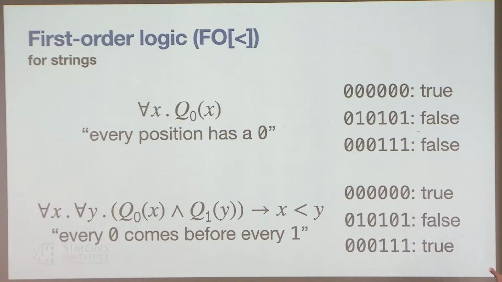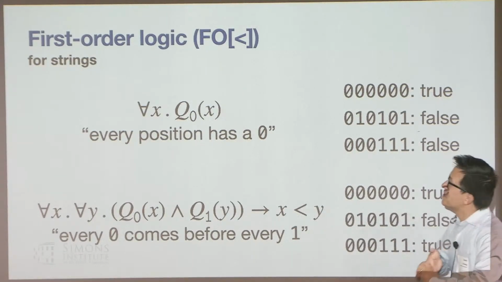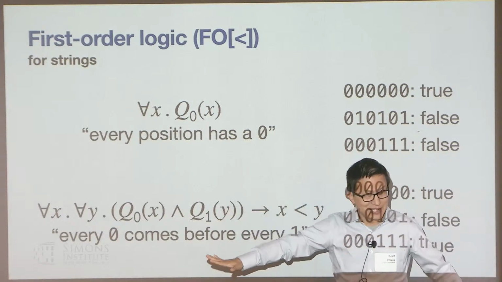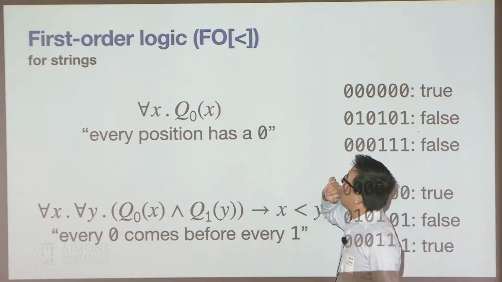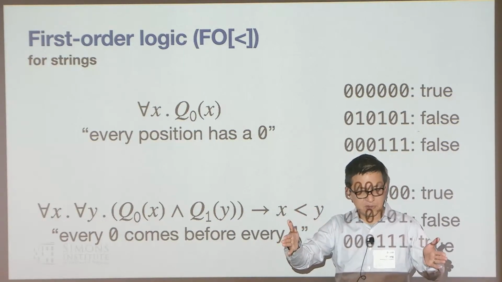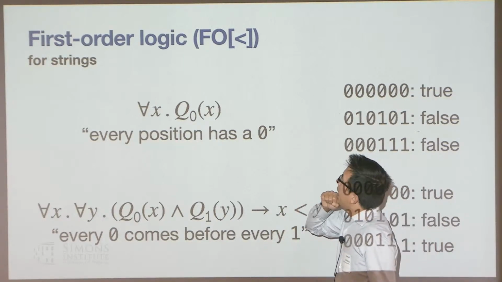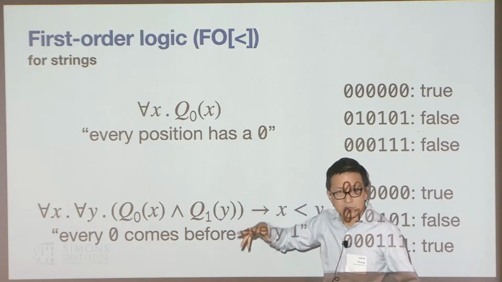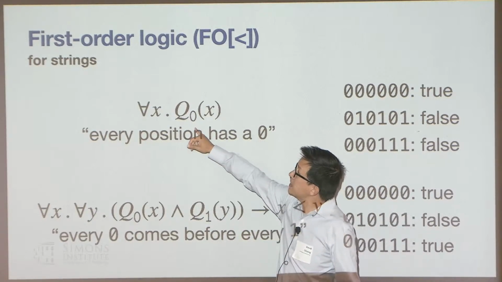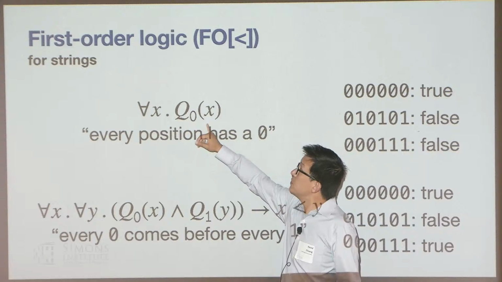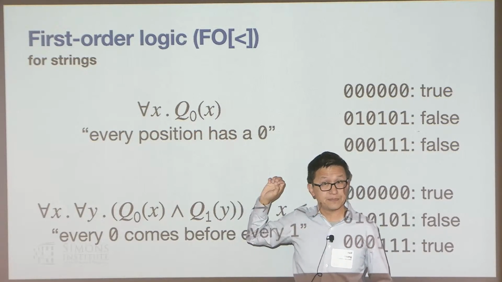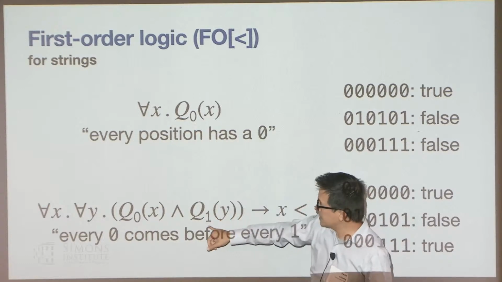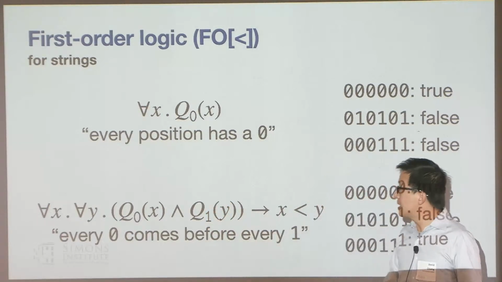Okay, so how do we use logic to describe a formal language? Here's some examples. I think examples are better than going through the full definition. So first order logic, everyone's familiar with, right? The variables range over positions of the string, which we consider to be numbered from 0 to n-1. And you have all the usual connectives and quantifiers, and you have these predicates Q0. So Q0 is true if and only if the symbol at position X is a 0. Here my alphabet is 0, 1. There's also a Q1 symbol that's true if and only if the symbol at that position is a 1.